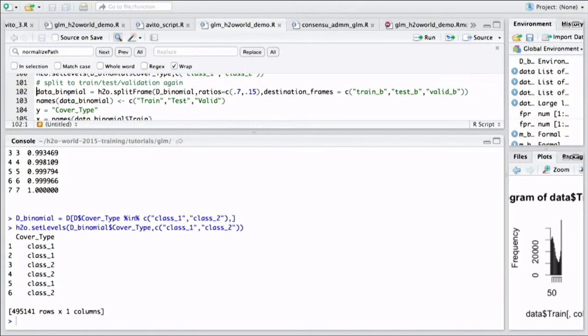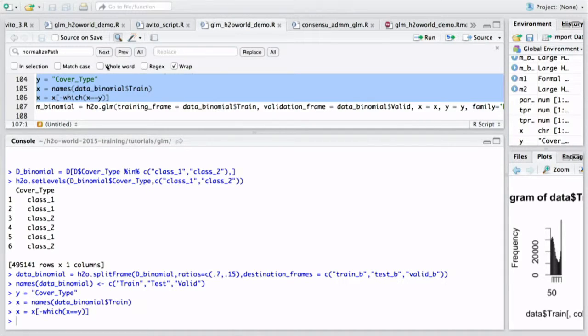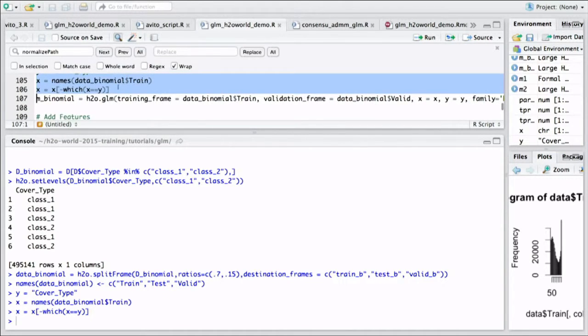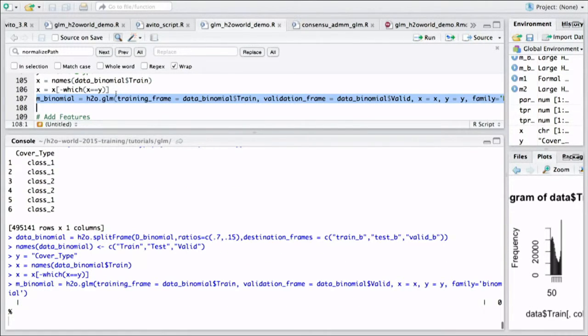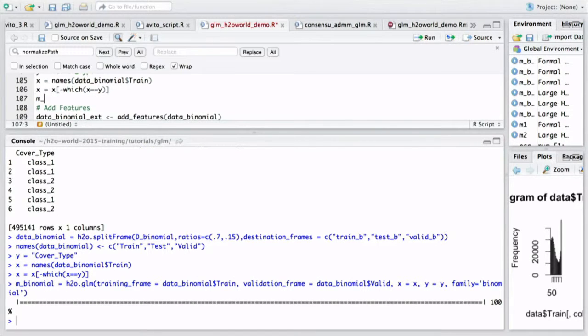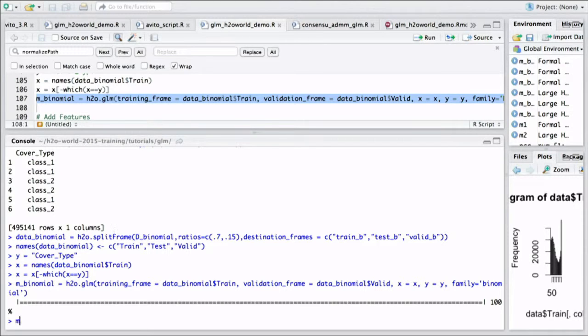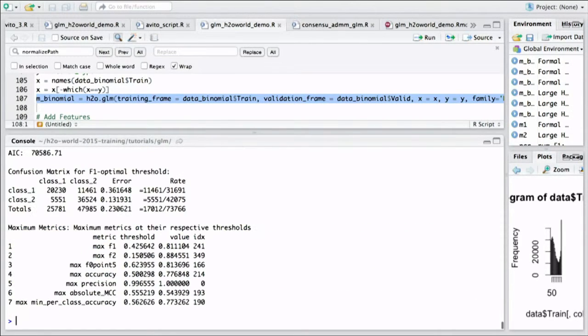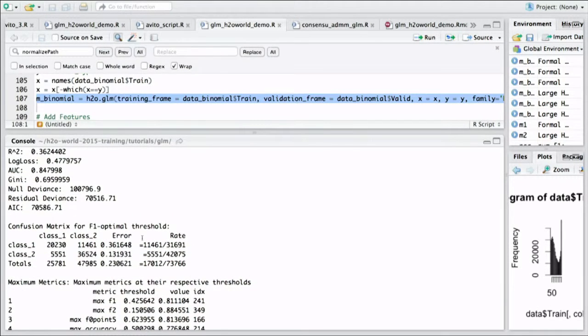And again, I need to do my split. I'll do that. And now I can run my binomial model. Now, a binomial model is way simpler, so I can run with all the defaults, and I'm already done. We can check the performance. Okay, so you can see this is binomial output. It's quite different from the multinomial in the sense that,